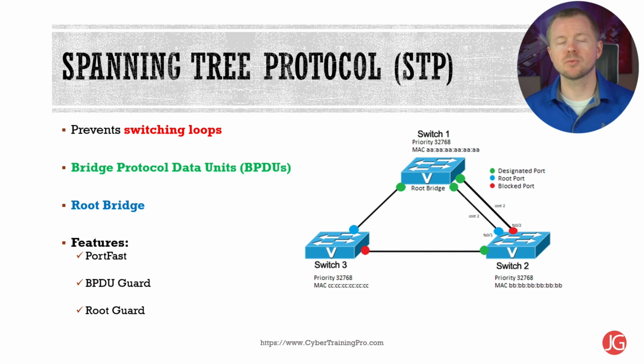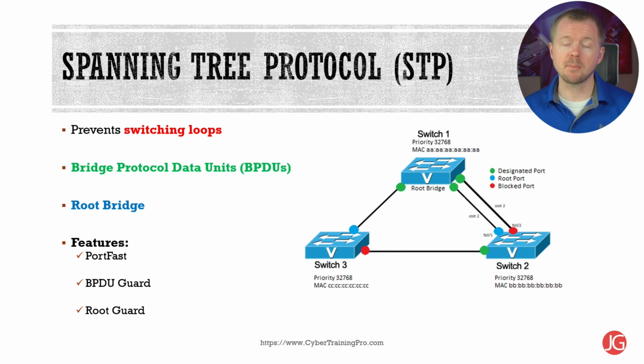In STP, the root bridge is elected, and ports on other switches are intelligently set to a block state to eliminate redundant connections. These blocked ports still hear BPDU messages from that root bridge every 2 seconds, but if a link goes down, a topology change notification, a TCN, triggers, and some ports might change to a forwarding state instead of a block state. Switches usually have a setting called port fast to eliminate some of the delay caused by STP and the opening of a port, which also reduces some of the overhead on our switches.